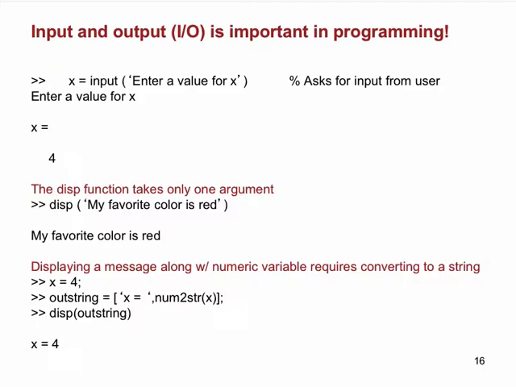So x right now, x is equal to 4. X is a number, and we can do 4 plus 6 and compute with it, right? Now, if I wanted to use the display function to simply print it, it should interpret it as a string, not a number. So for it to do that, and just print x is equal to 4,